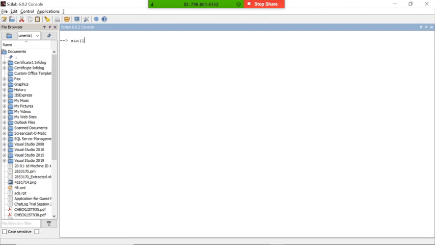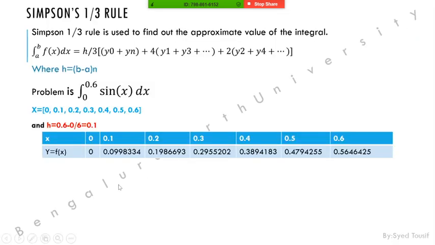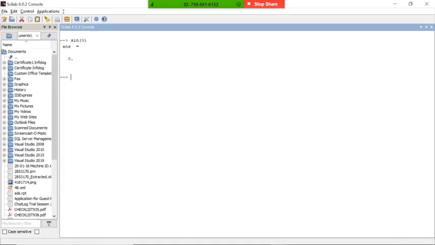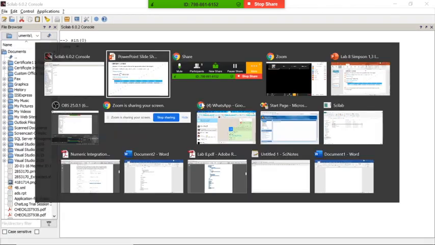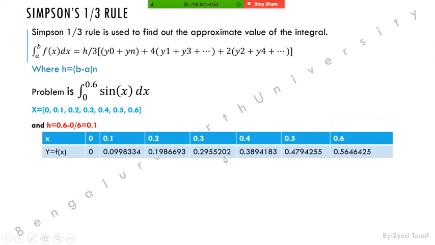Sin of 0 we can check out; in this also we have kept it as 0. If x is equal to 0, what is the sin of 0? Okay, sin of 0.1 you can check out. In this way we have calculated all the values for 0.1, 0.2, 0.3 and so on.